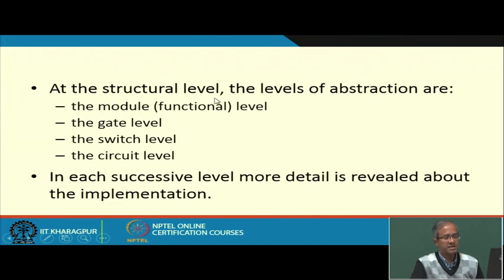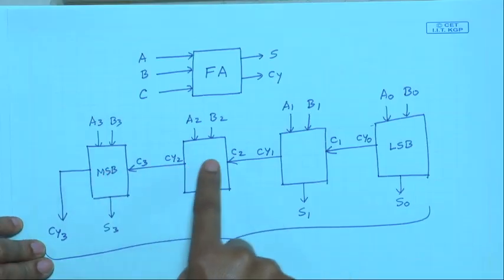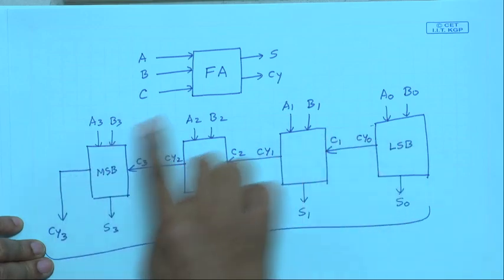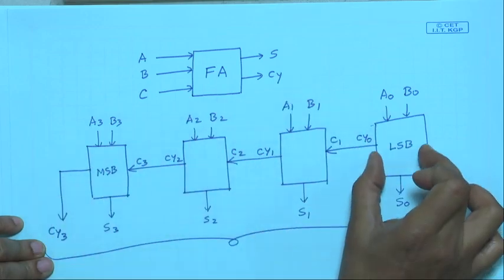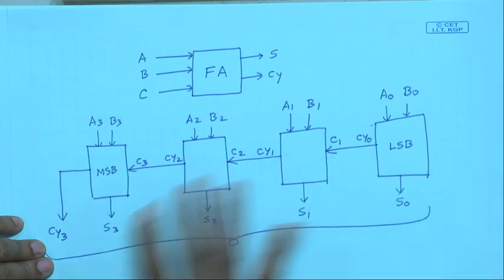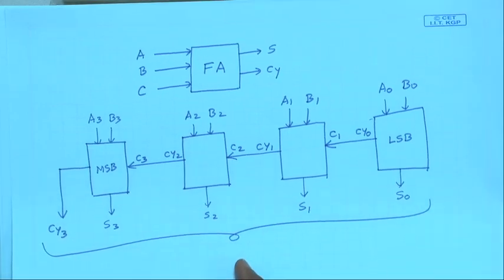So, at the structural level, as I said, there can be various levels of abstraction, like you can have a very high level module, like if you just come back to this example I showed earlier. Here I had 4 full adders and they were interconnected. So, this is a netlist of full adders. This is at the functional or module level where my full adder is the module. Then I can have the